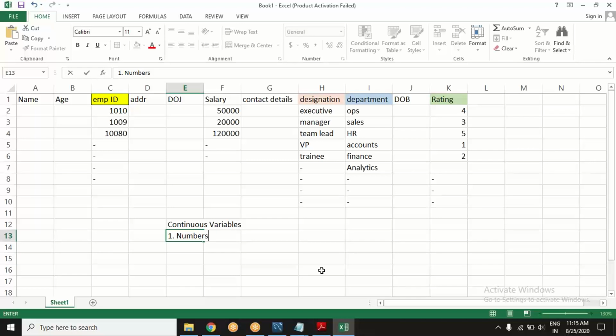Any day they will be numbers. It can be age, salary, whatsoever. It will be a number. The second condition to be a continuous variable is that numeric operations on these numbers make sense.